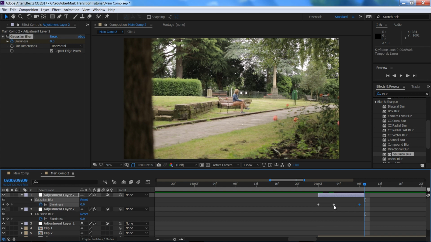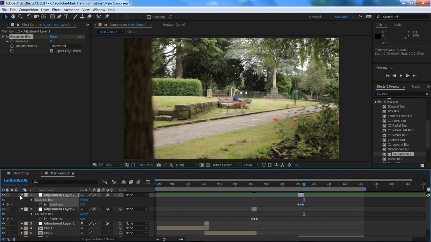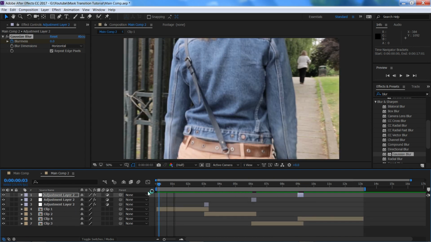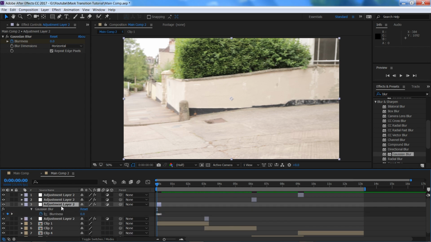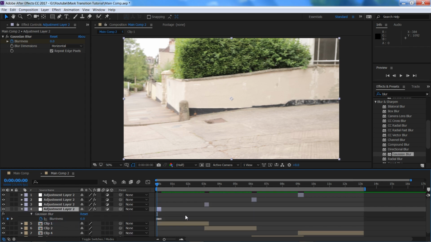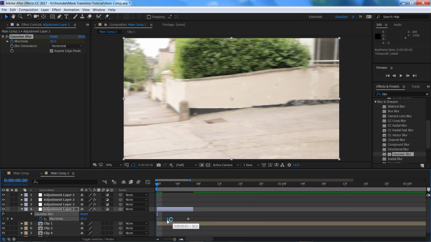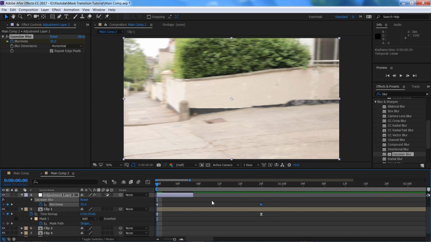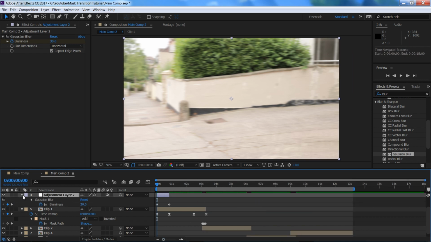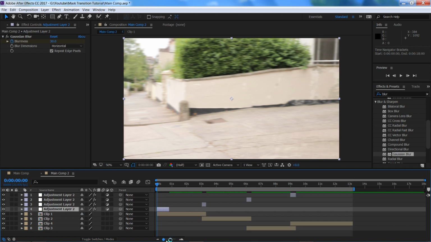And then let's move those keyframes. There we go. So I'm going to put one more at the beginning, just where the speed ramp is. I'm going to move that down. I'm going to delete this first keyframe, and I'm going to bring that back. And I'm going to match this with that last keyframe there. And if we play through that now,